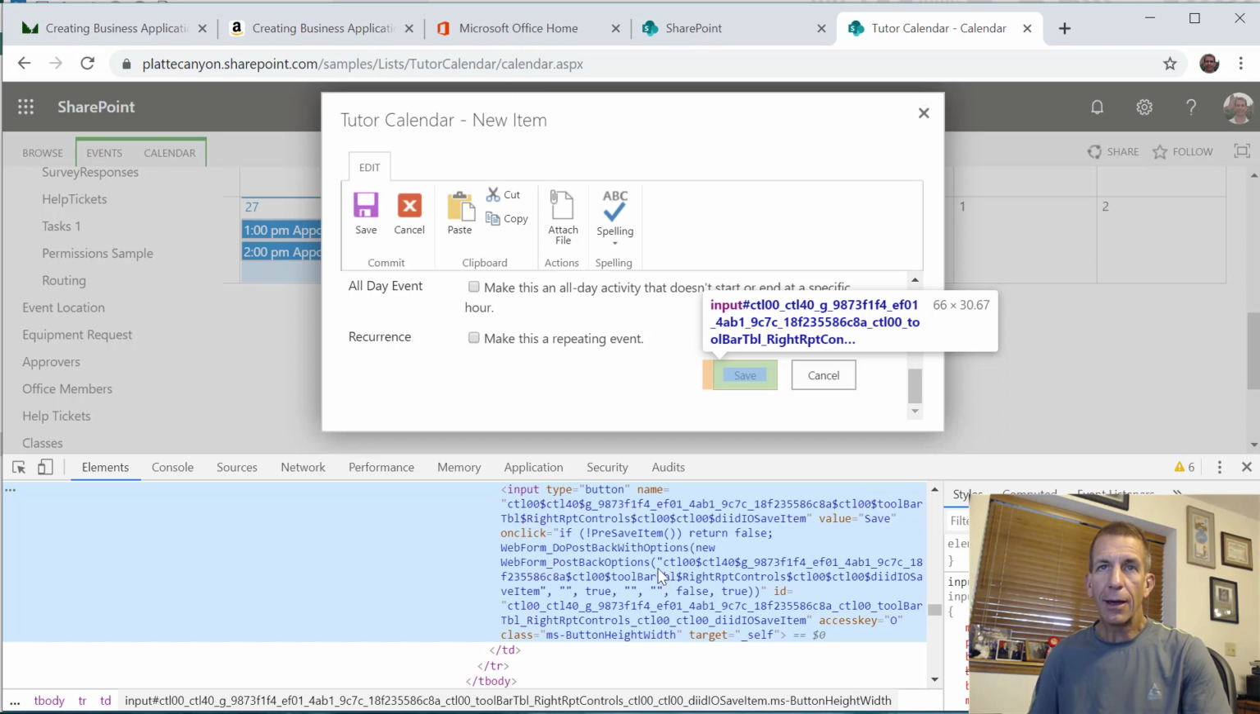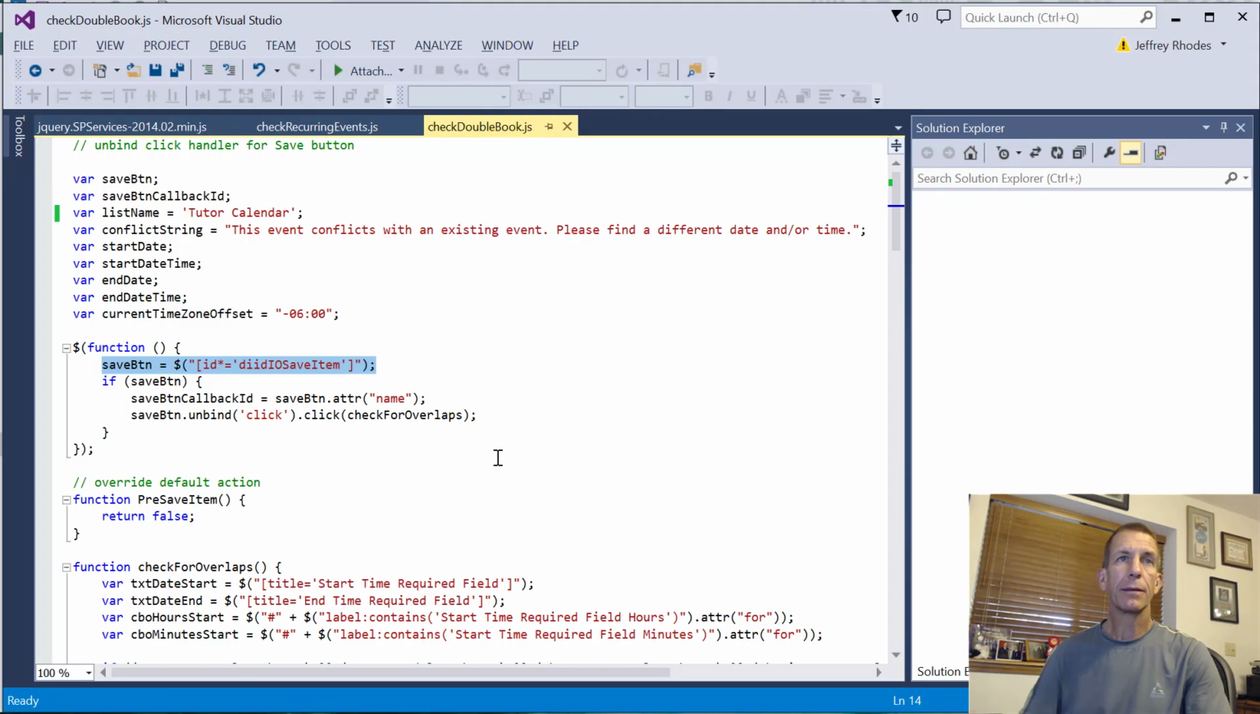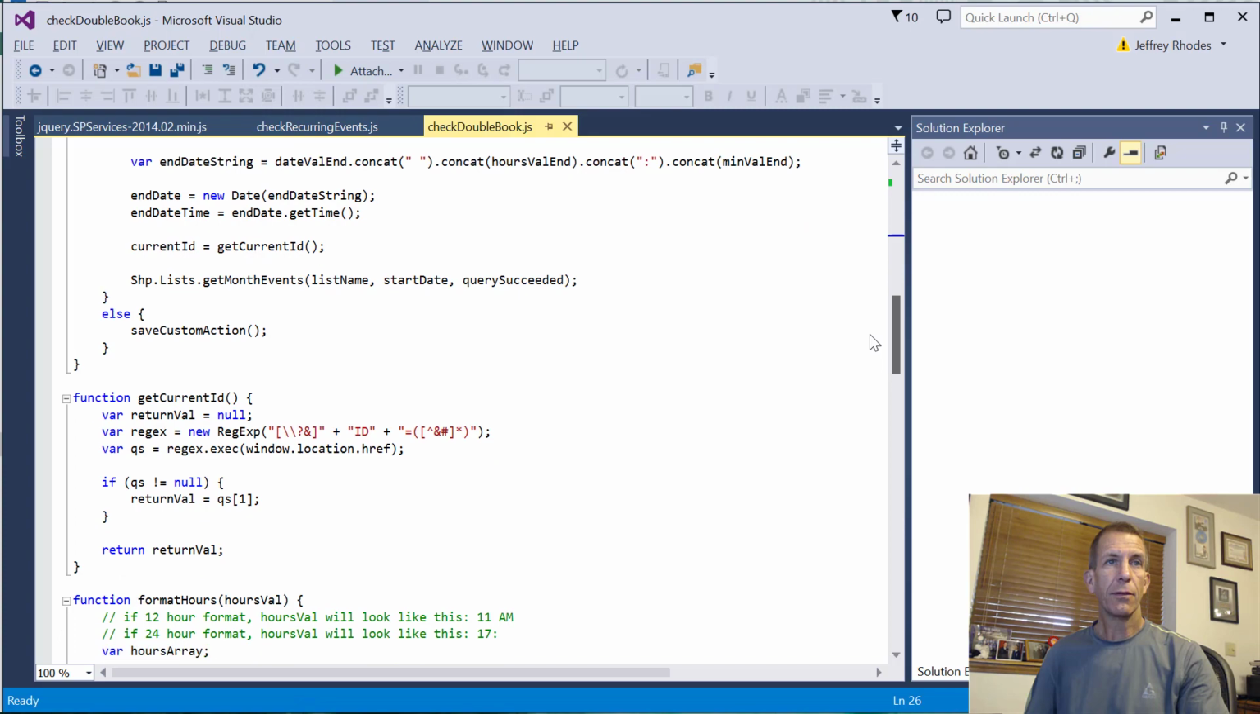Notice, by the way, that we end up calling this again. It's the exact same number that we end up calling. It's basically this whole first parameter, if you look from there to there. So that's going to be in the name, and that's why we grab it. And then we unbind the click and we do our own check for overlaps. Okay, so that's what we want to put a debug on,